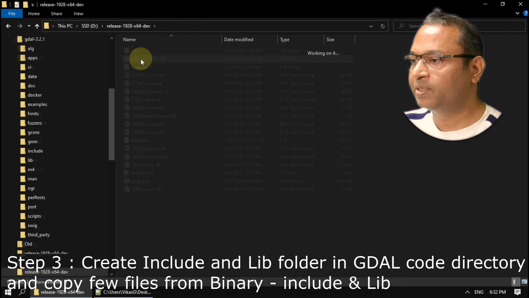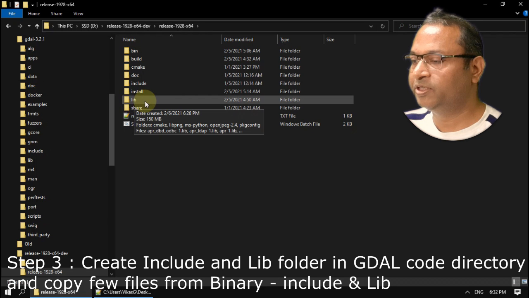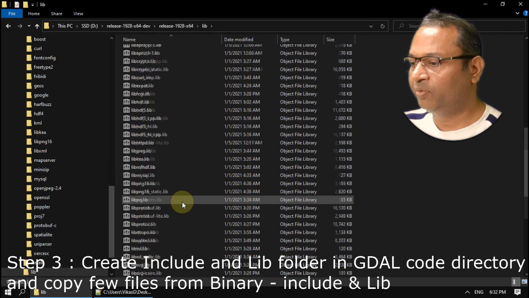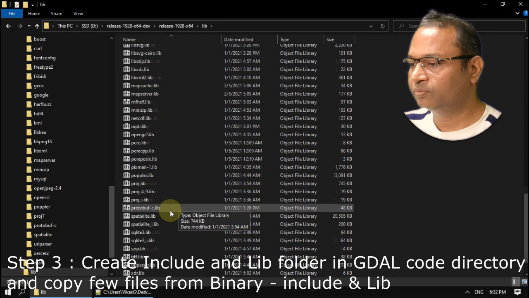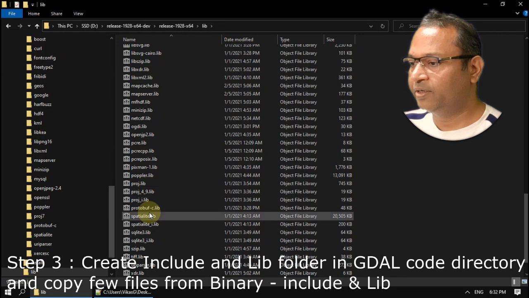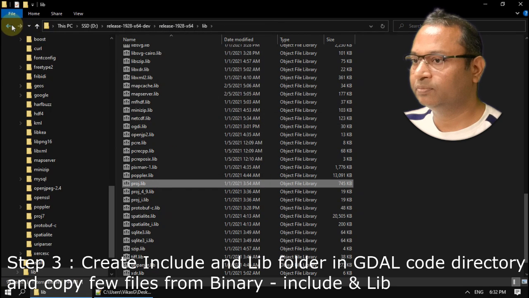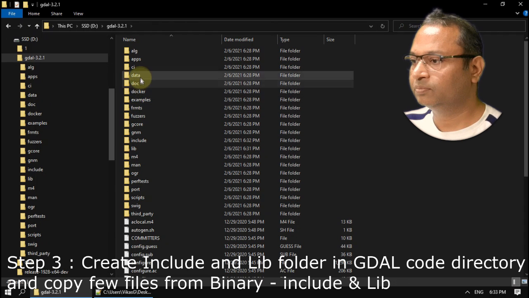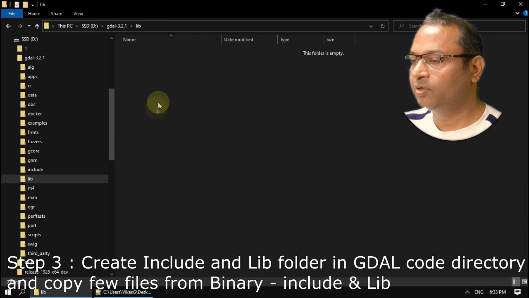Now you have to copy some of the libraries into the GDAL code. Once again go to the GDAL binaries and go to its library folder, and from here you need to copy the proj.lib file to the lib folder.